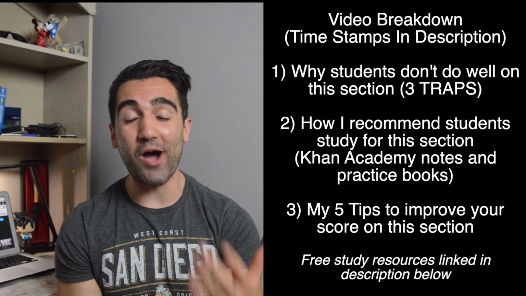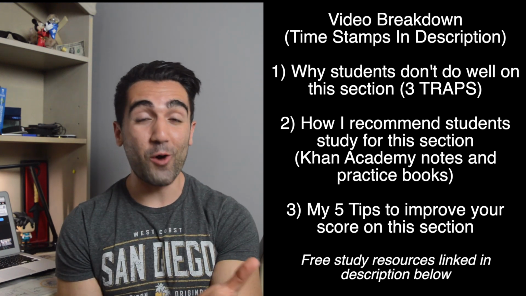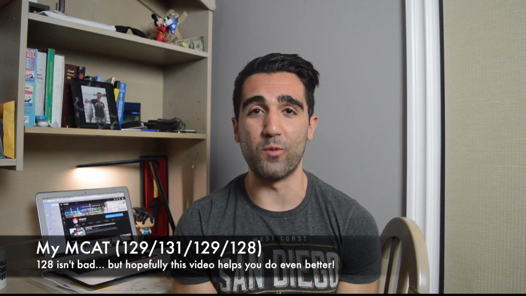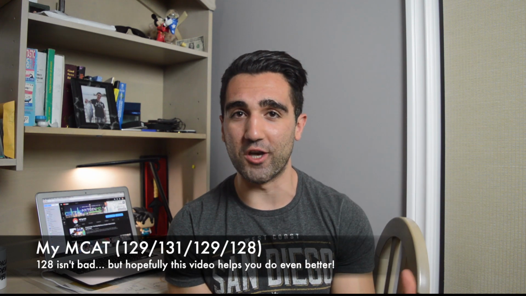I'm also going to be talking about how I studied for the test, and also how I think that other people should be studying for this section, because unfortunately, this was the lowest section that I got on my test. I scored a 128. I hate talking about my score all the time, but in case people haven't watched the other ones, I think it's very important that I mention it for transparency's sake. And then finally, I'm going to be talking about 5 quick tips that you could use or implement when you actually write the MCAT test to do better on this section.